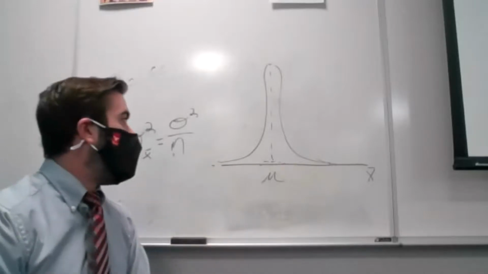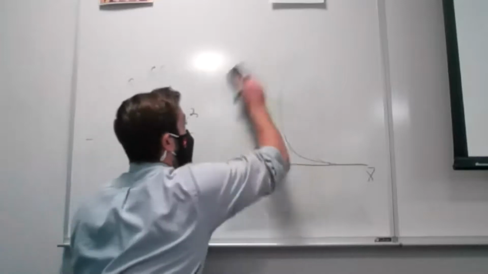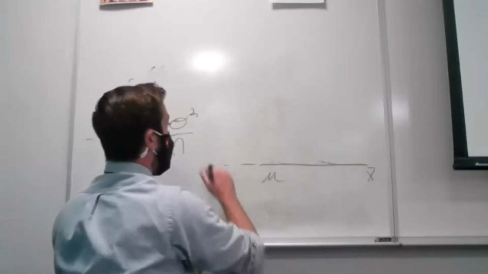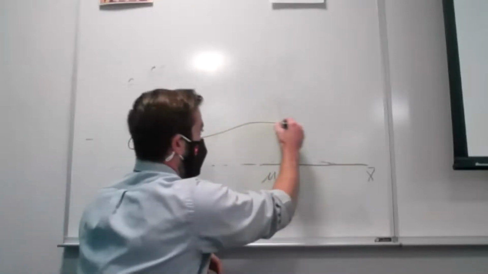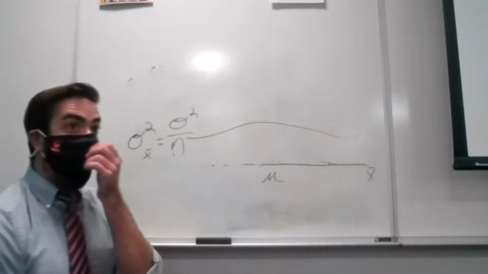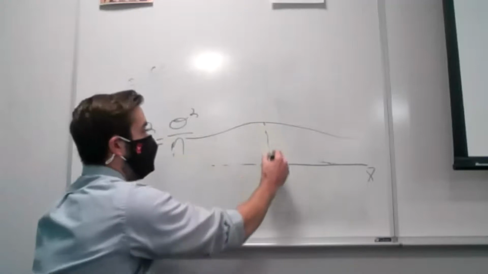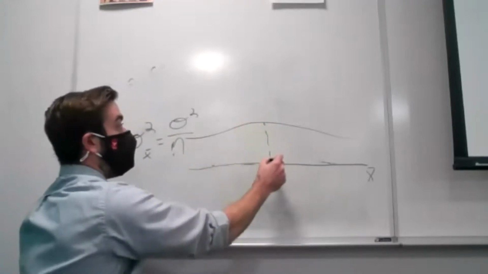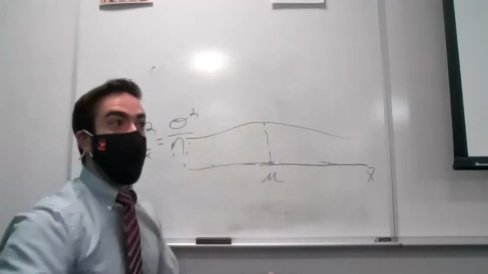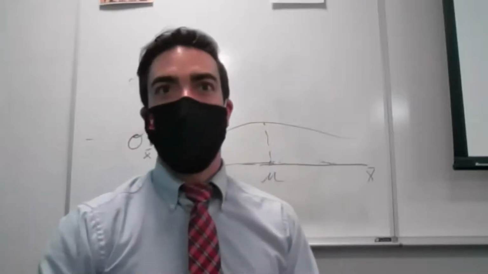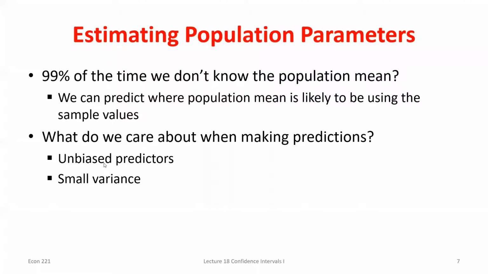Right? You know, if I think about instead, let's say I had a really high variance, so a really flattened normal distribution. Well, now seeing values really close to the mean is almost equally as likely as seeing values far from the mean. So my sample is not going to be very reliable. So that's kind of the two things that we care about there.